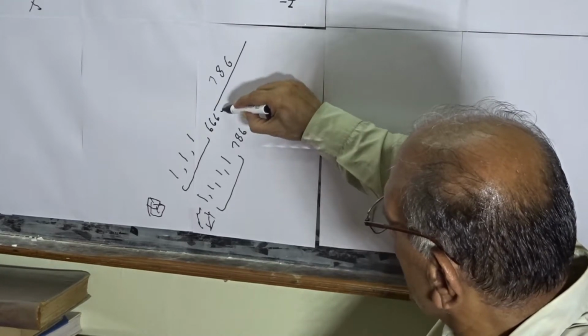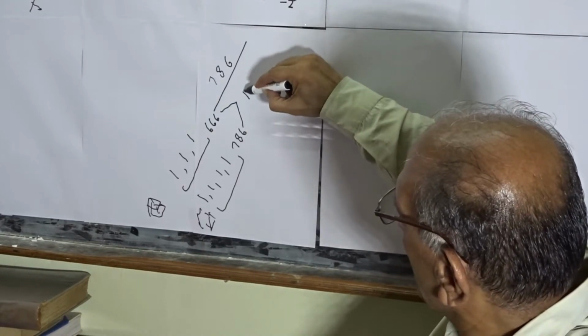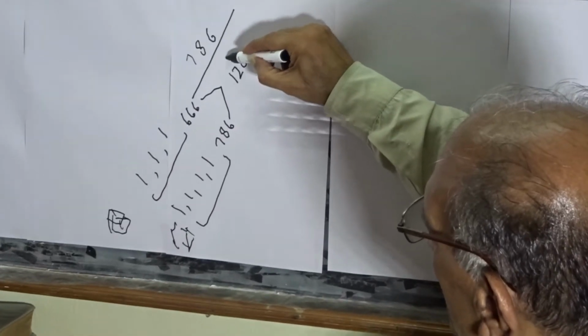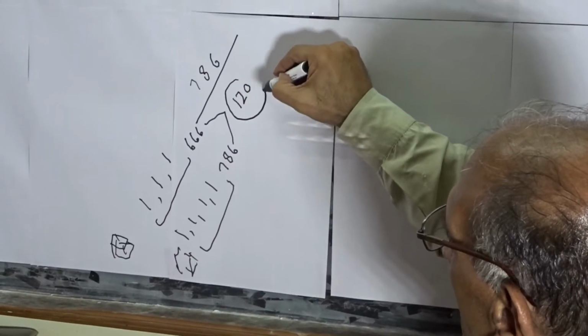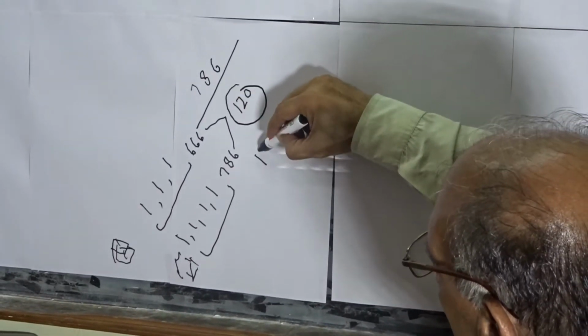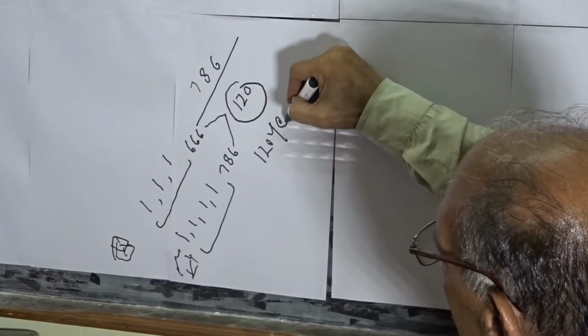The difference value is 120, and it is this difference value of 120 which makes 120 years a cycle